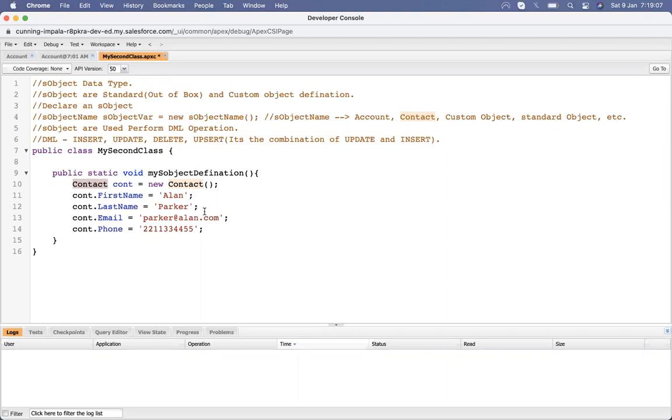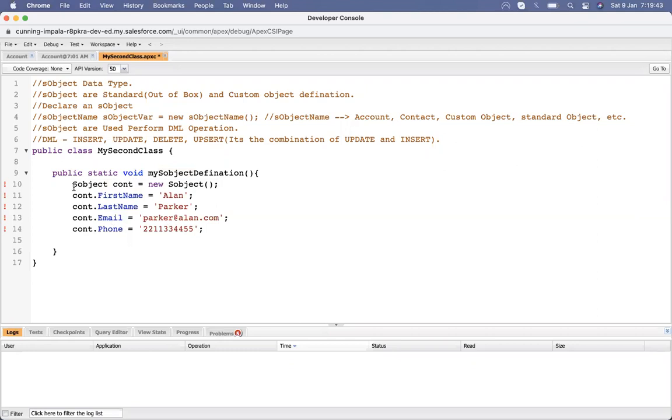So whenever we have to get a specified one, actually instead of doing this, we can also use something like that. S object cont object equal to new. We can use this also, no issue in that. If I cut and paste it, it will also work. It will also do the same thing. But it will confuse you because you are not familiar with the S object's definition.